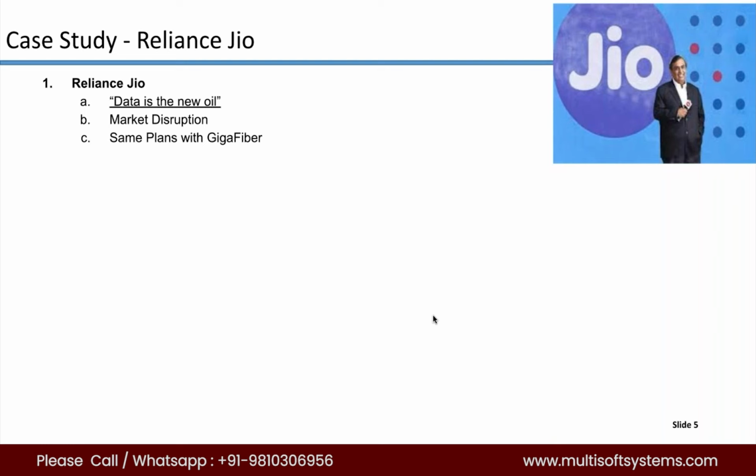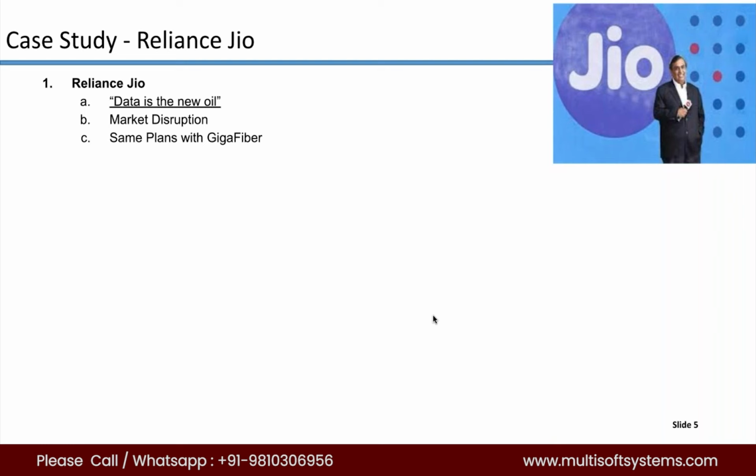So my observation or my thoughts behind it was that at that point of time, how is it that Mr. Mukesh Ambani was able to make that statement? Data is the new oil. He had some thousands of data scientists or big data professionals accumulating data, analyzing telecom data, and finding out what are the pain areas. One of the things that he realized is that data is something on which companies like Airtel and Vodafone are making money like crazy, right? And it is not that costly. It can be made or provided cheaper.